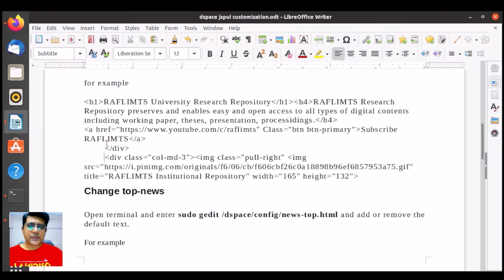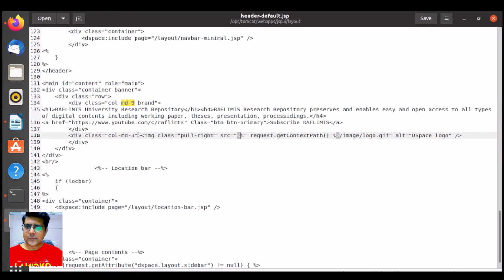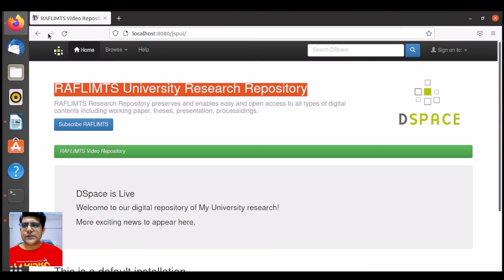I have one address available. See, you can just write the address of your image here, or you just need to remove. You can see this. You just need to remove this and save this, and now you will see